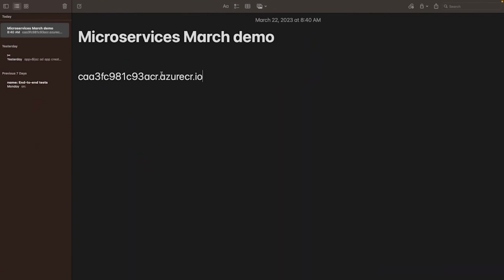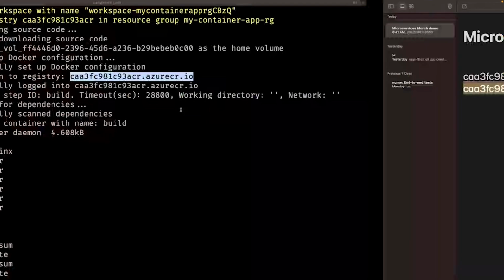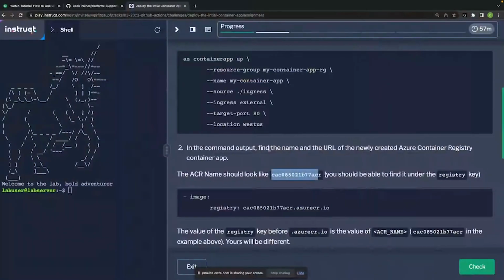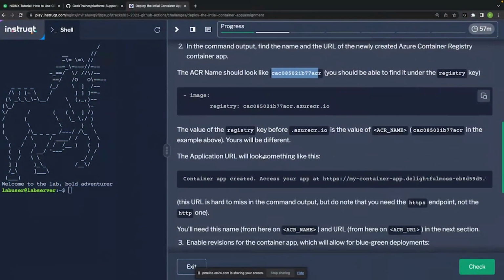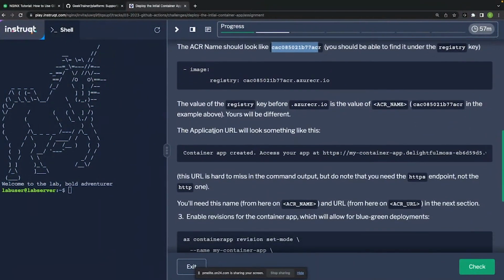Okay, so that's the name right there that I need. And then that's the full URL for my container registry. All right, so that's the first little thing that we're gonna need. Cool. The next thing that we're going to notice is that it tells us down at the very